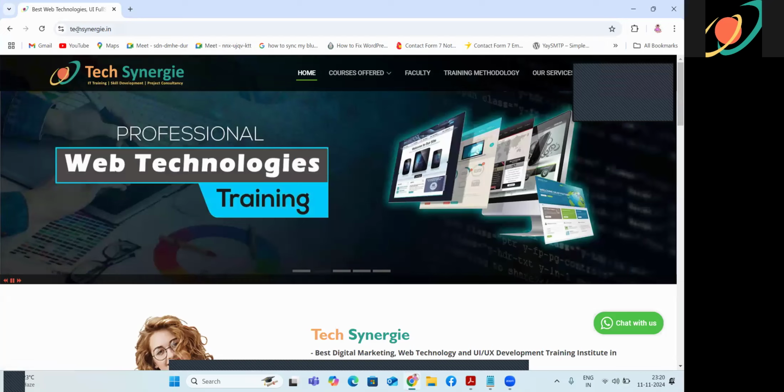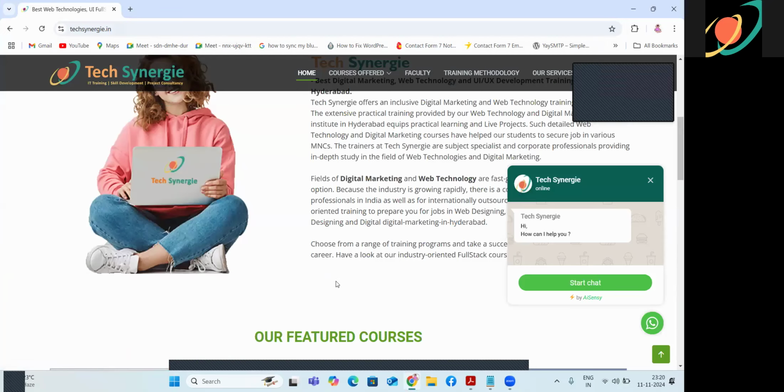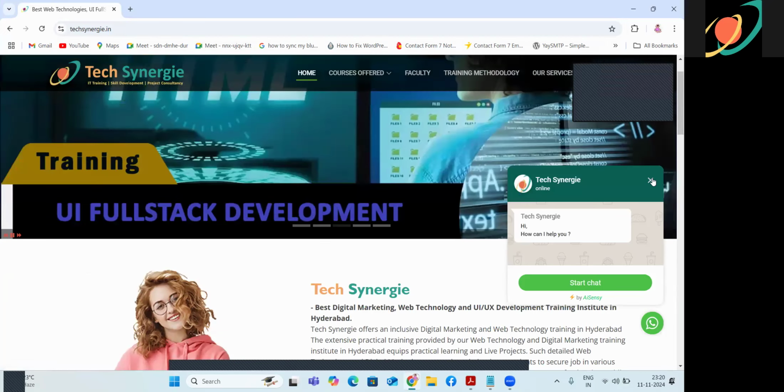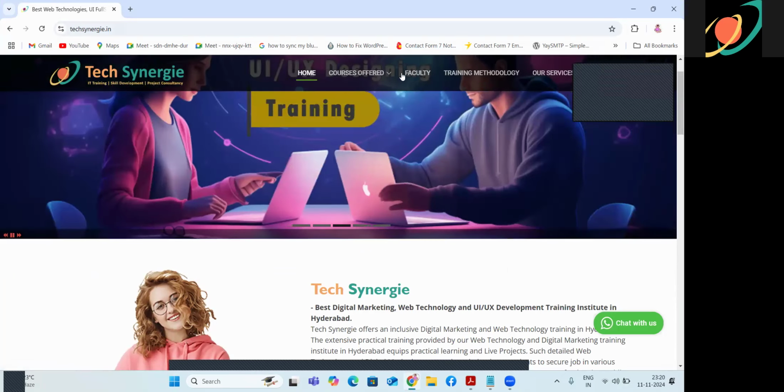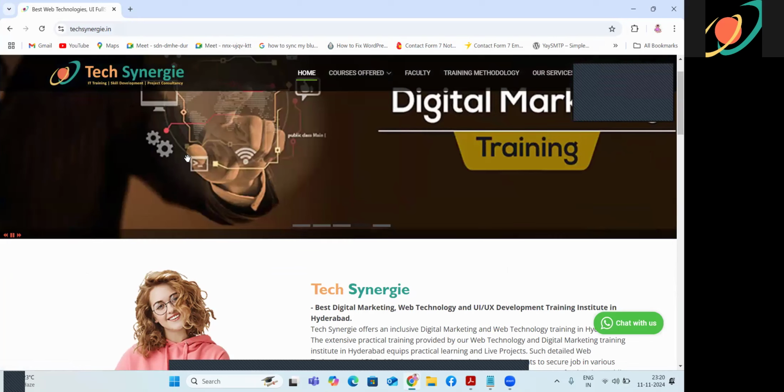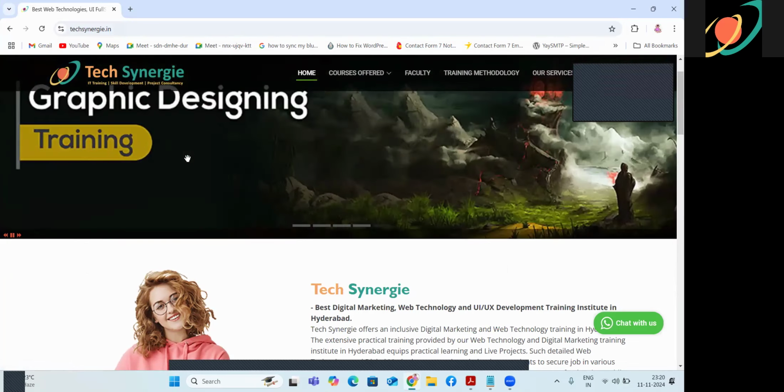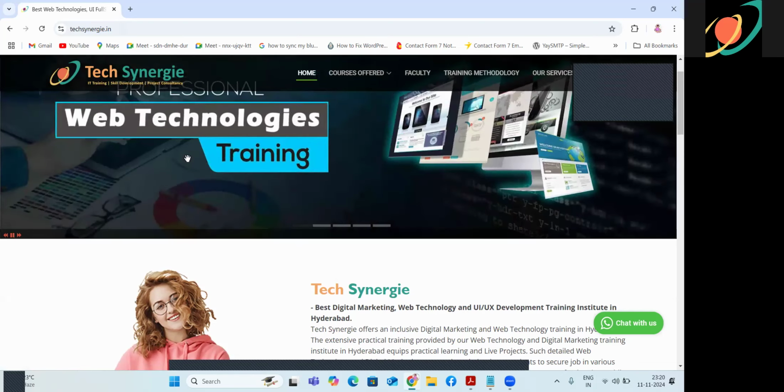Now when the website opens, what you see on the browser, you see the layout of the website, how the different elements are placed in the website, how the images are placed, how the font is placed, how the text are placed,